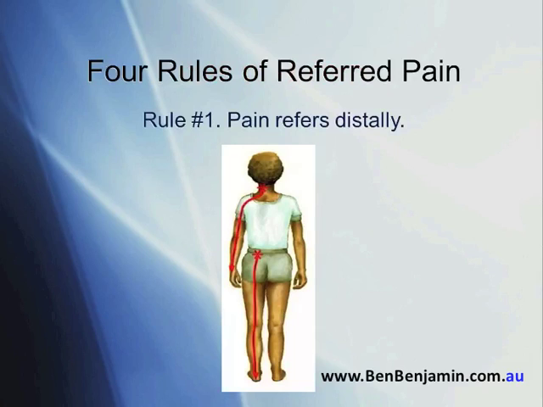And the first one is pain refers distally. So that means if I get a pain in my low back, it will refer down into the buttock, the thigh, the calf, or the foot. But it doesn't refer up. It doesn't go up your back. And if you get an injury in your neck, it will refer down your upper back, down your shoulder, down your arm to your hand, but it doesn't go from your wrist up to your neck. So in orthopedic medicine, and there are many different systems on this, but in orthopedic medicine, if you follow that guideline,